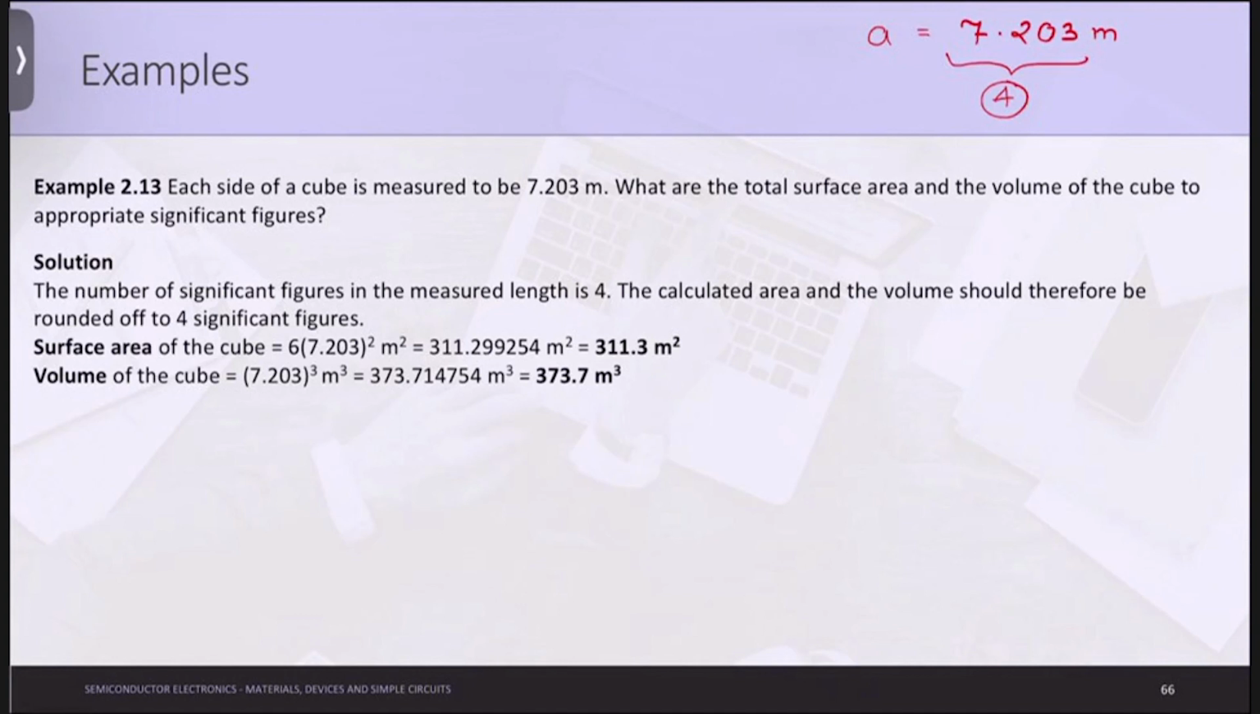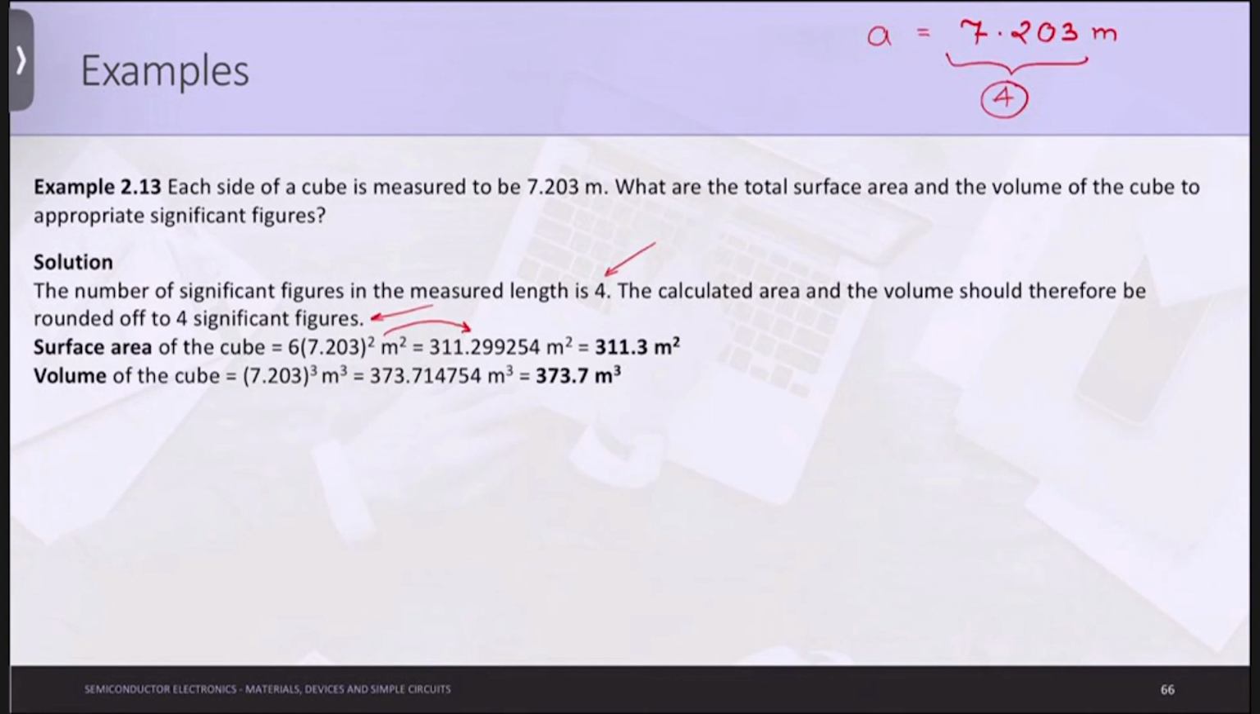So the number of significant figures in the measured length is 4, quite evident as it is 4 here. The calculated area and the volume should therefore be rounded off to 4 significant figures. So surface area of the cube, we know the formula, that is 6a square. Volume of the cube is basically a cube. Now if you put these things in the calculator or even multiply using normal multiplication, you will get the answer as equal to